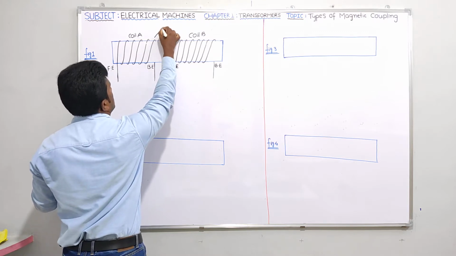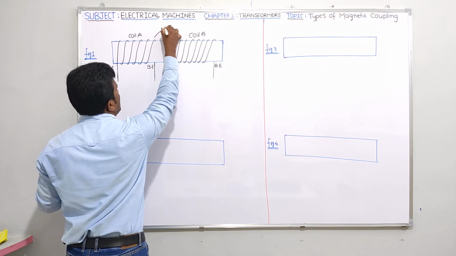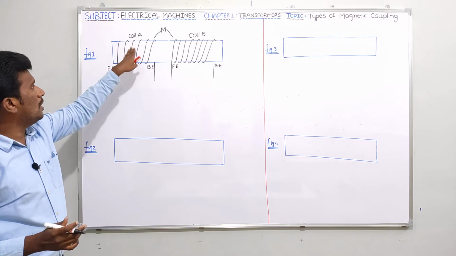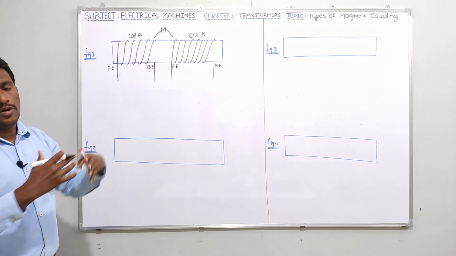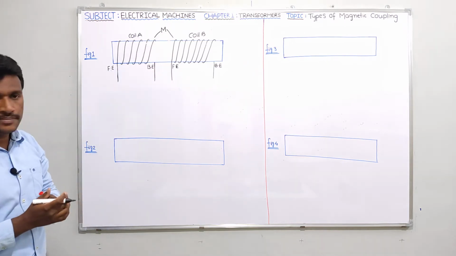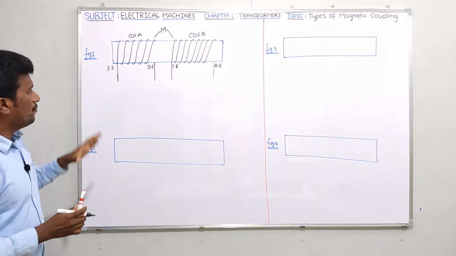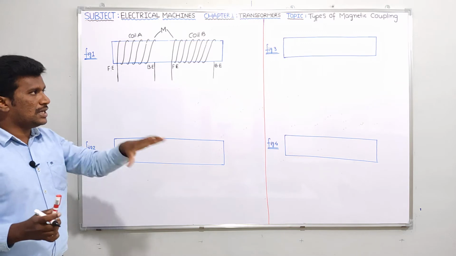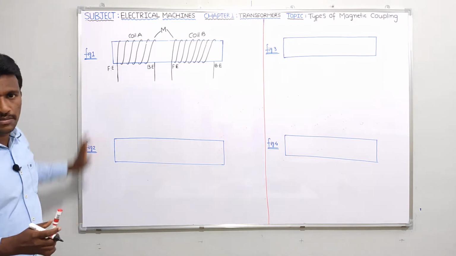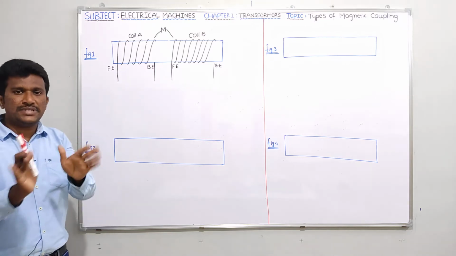Let me show this. M means mutual inductance. So between coil A and coil B, magnetic coupling will be there. So let me show that mutual inductance as M. Okay. See guys, first of all, in this session, please try to see figure number 1 and figure number 2. I'll take the same sense of winding.